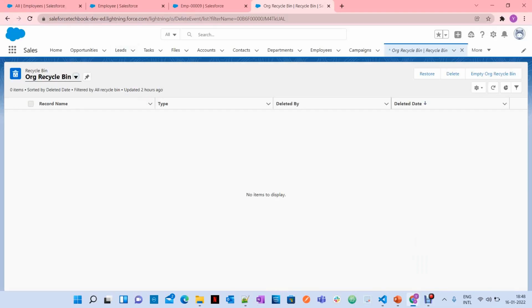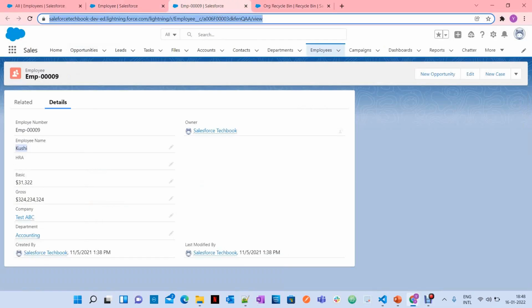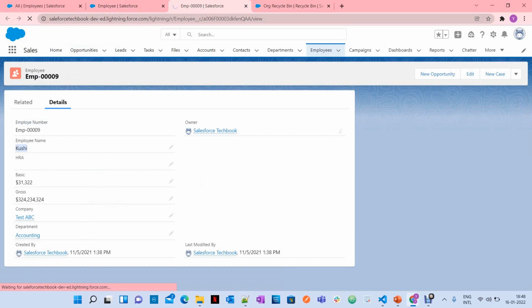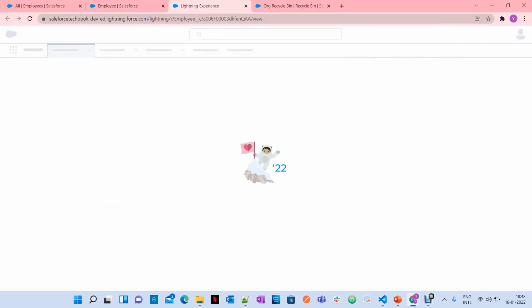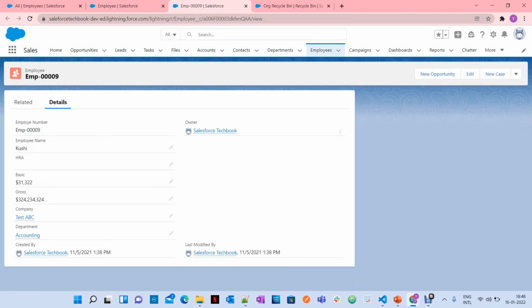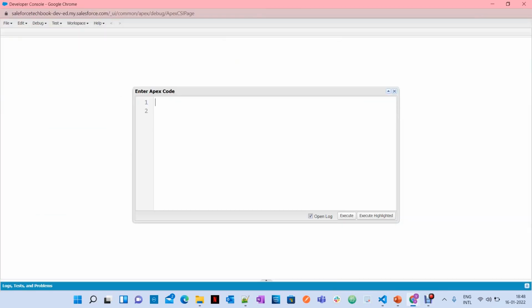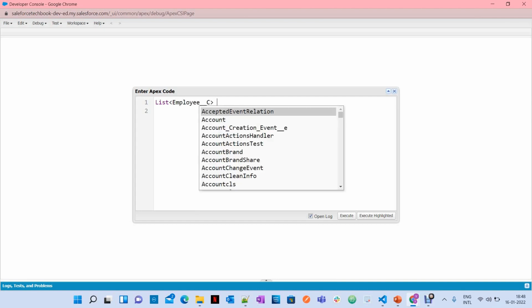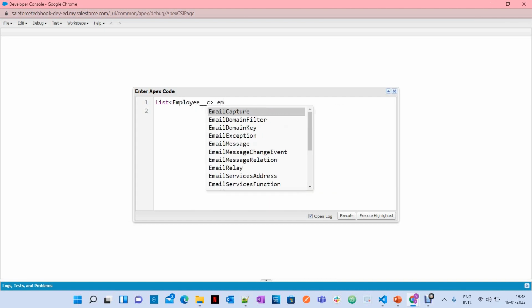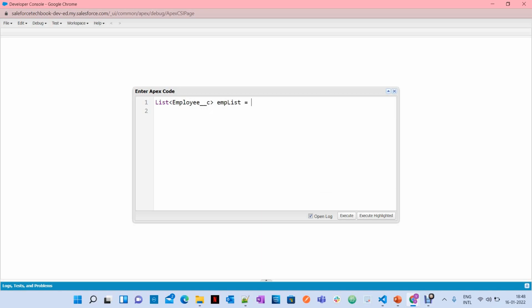Now if I go to employee, I have an employee called Kushi here. Let me try to delete this. So I'm going to query: select Id, Employee_Name__c.